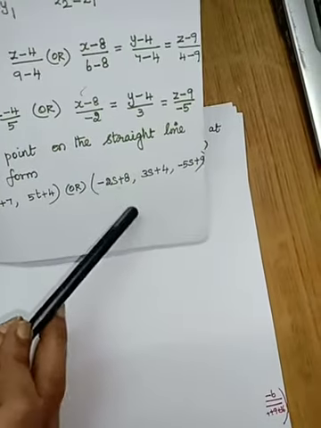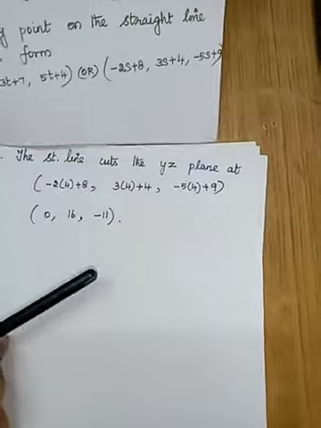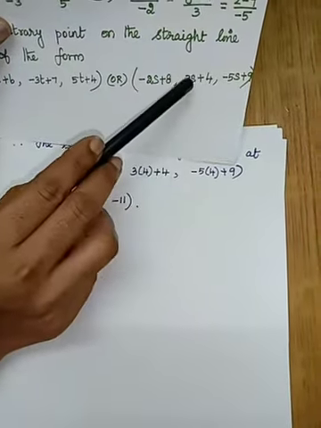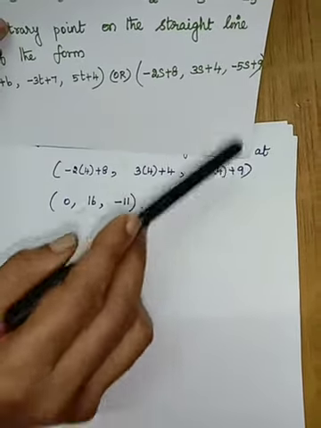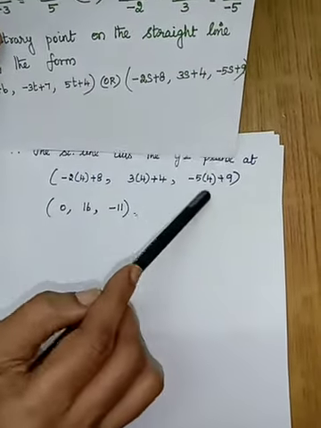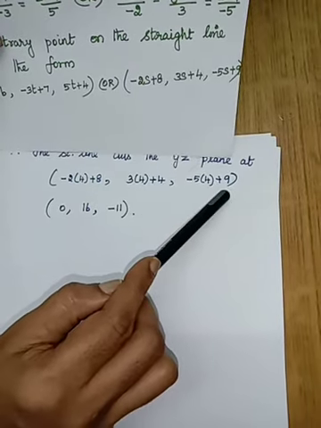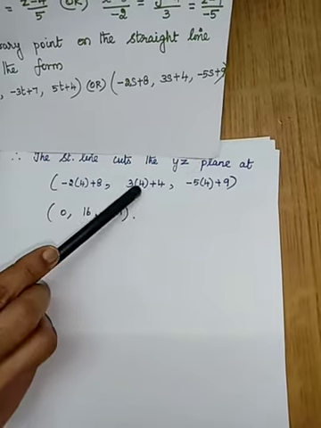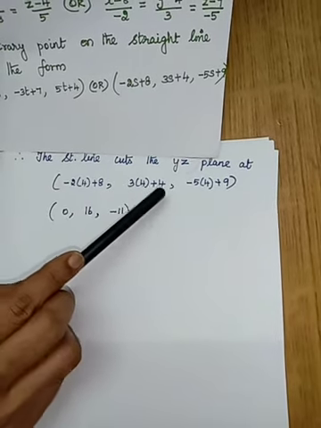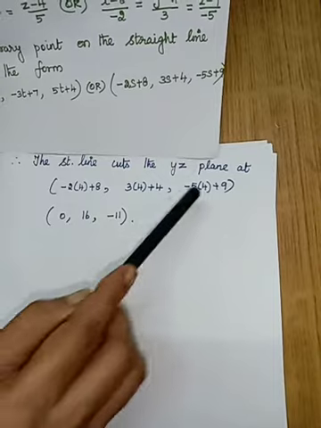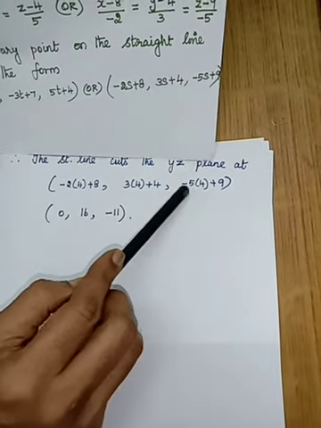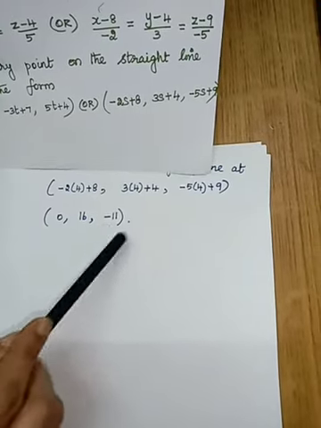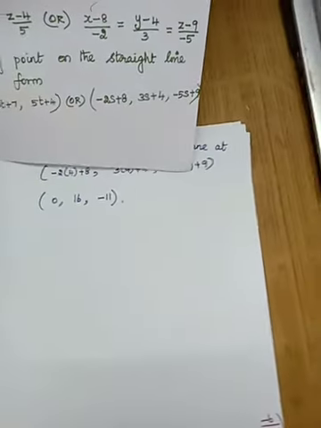So s is 4: minus 2 into 4 plus 8, comma, 3 into 4 plus 4, comma, minus 5 into 4 plus 9. Here minus 8 plus 8 is 0, and 3 into 4 is 12, 12 plus 4 is 16. Minus 5 into 4 is minus 20, minus 20 plus 9 is minus 11. So this is the point at which the straight line cuts the